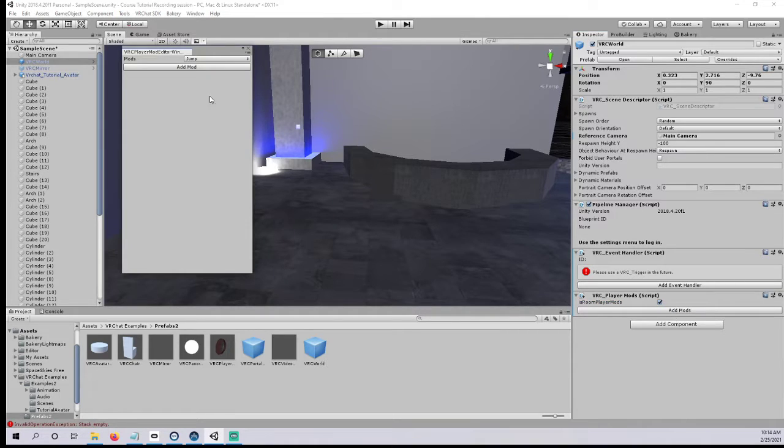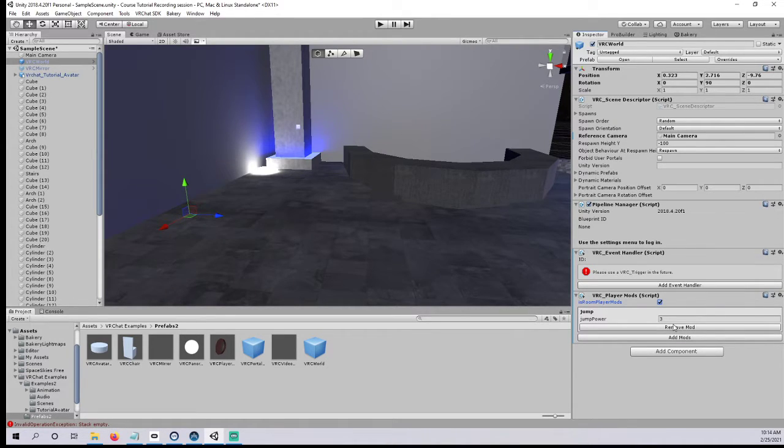Click add mods. You're going to get this menu here, and the first one that's selected is jump. There's also speed, voice, and health. I don't know what voice does. Speed obviously just makes you go faster. If you want to walk a little bit faster in your world, you can change that. Health adds a health system in there, I guess. You know, you're just creating a chill world. You're not going to go out and murder some people. So you're not going to need a health thing for this instance, but you do want to jump, because jumping is fun. So jump, click add mod,